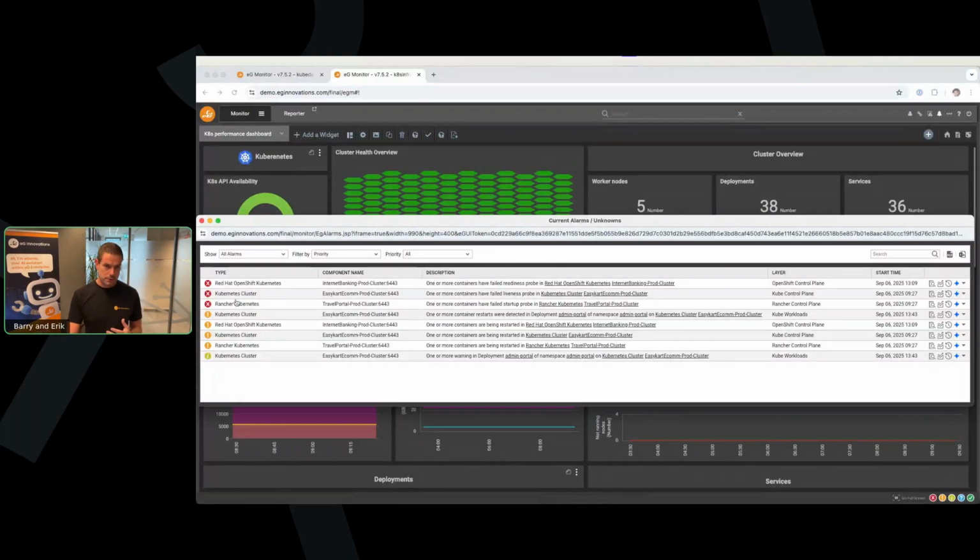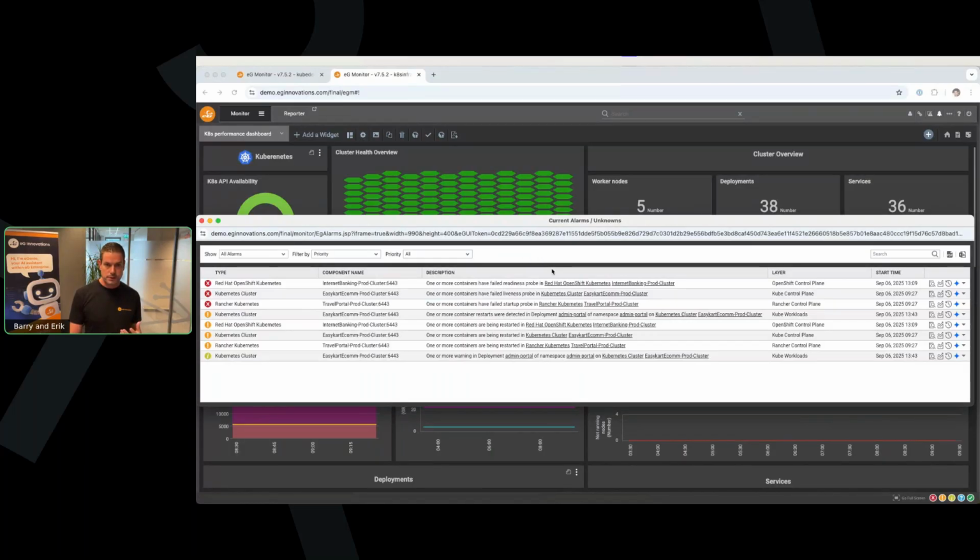Now, as you can see also, we support basically multiple vendors of Kubernetes. So it's a multi-vendor overview directly. If I didn't have permissions, for example, for Red Hat OpenShift, then I wouldn't see the OpenShift alarm over here, of course. Now in the middle, you can immediately see what kind of alarms there are active. You could also choose to filter on the priority or maybe on the technology. You can also search for certain alarms that are there, of course.